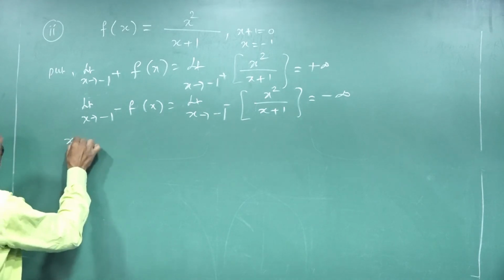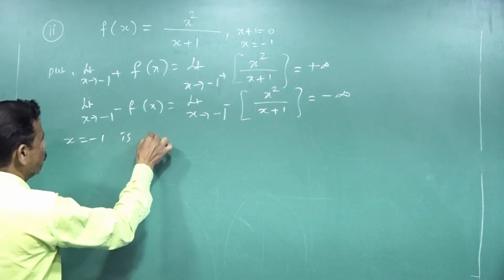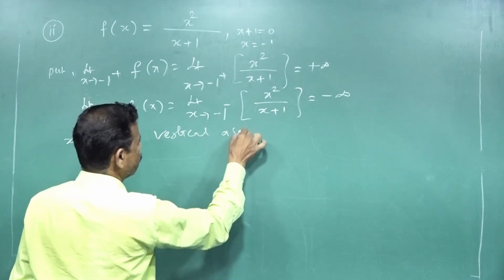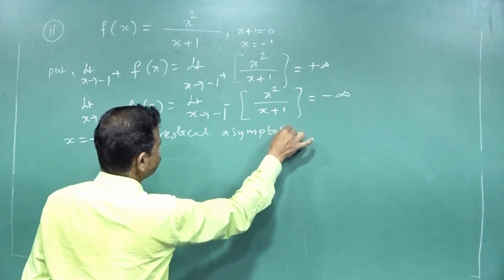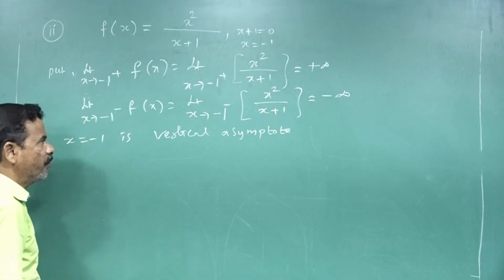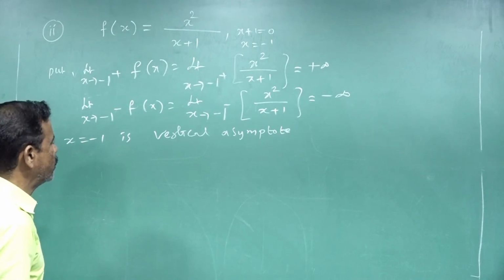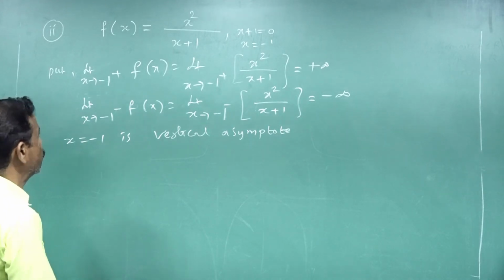So x is equal to -1 is a vertical asymptote. Next, is there a horizontal asymptote, y is equal to something? To check,